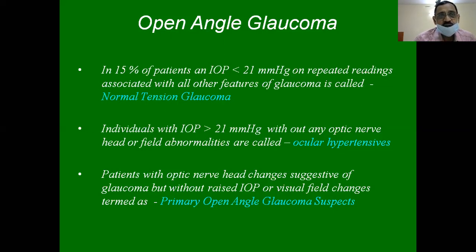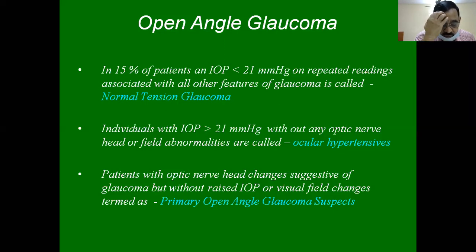In Mongolians, primary open-angle glaucoma is seen in only 1/3 of total glaucoma cases. Primary angle closure glaucoma is 3 times more common in Mongolians. In urban Chinese, primary angle closure glaucoma is 2 times more common when compared to primary open-angle glaucoma. In Indians, the incidence and prevalence is almost equal, both in primary open-angle glaucoma and primary angle closure glaucoma.